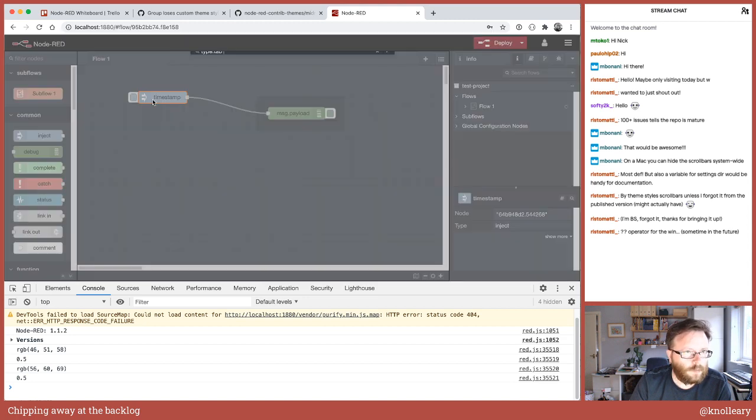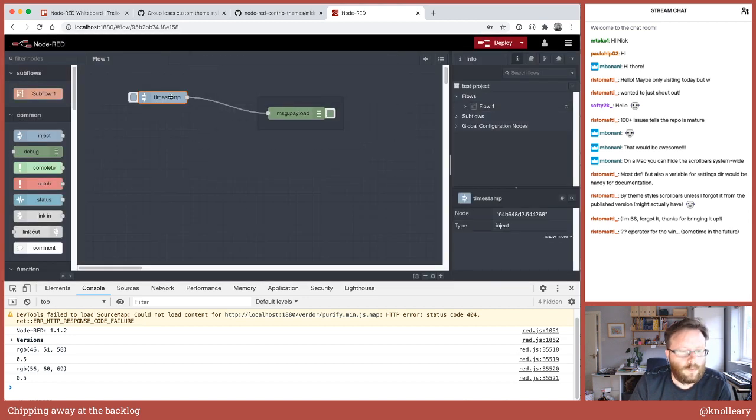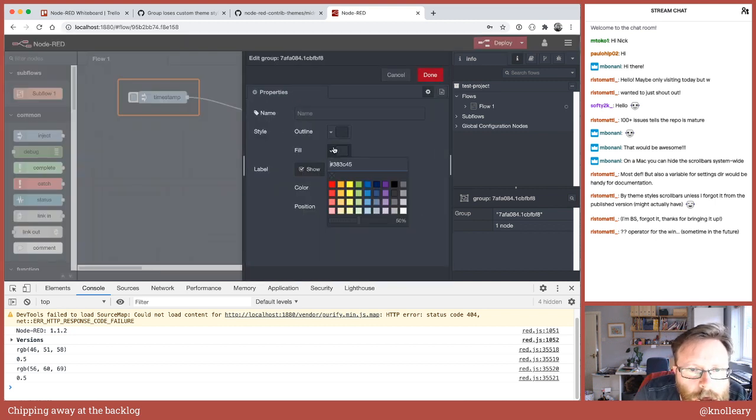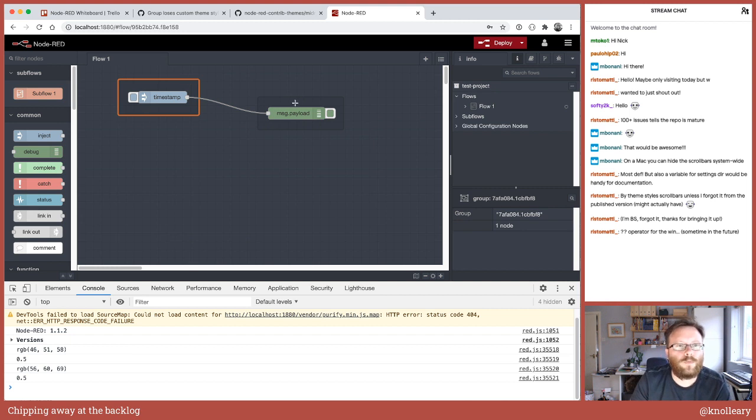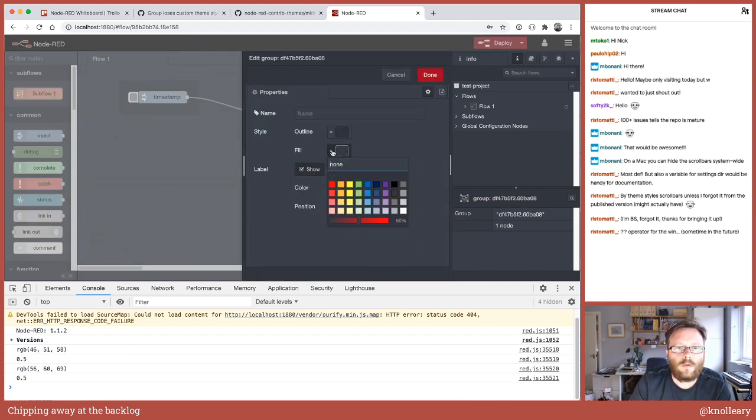What's the default? What is this theme's fill? Okay, no, it's not picking it. The fill's gone as well, hasn't it? Okay, that's interesting. So we've fixed 50%, but